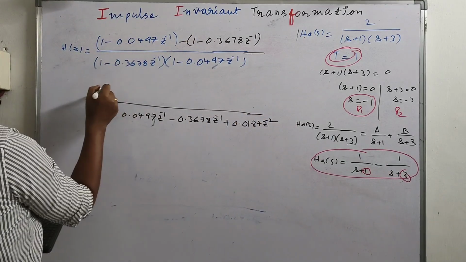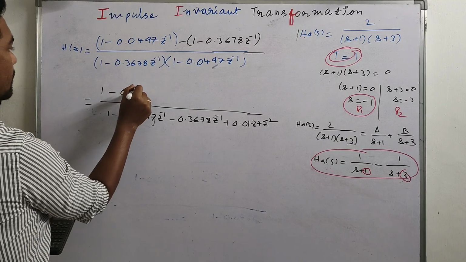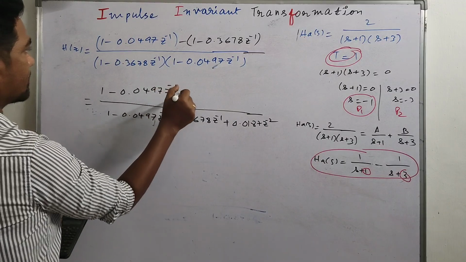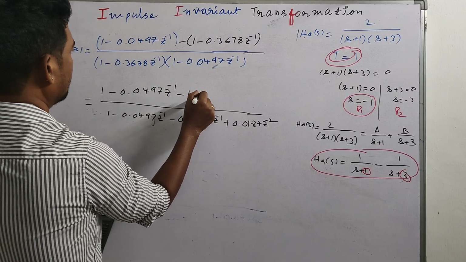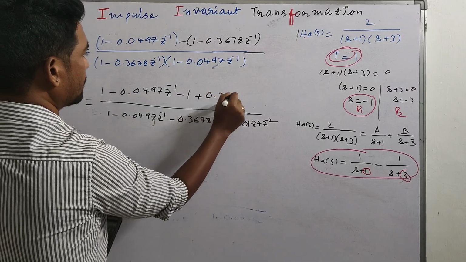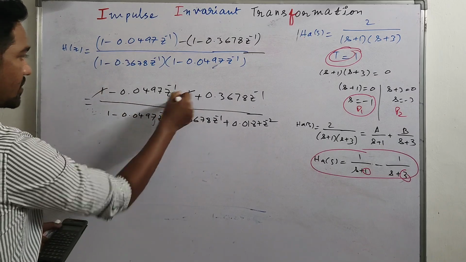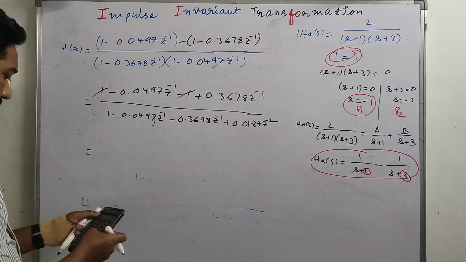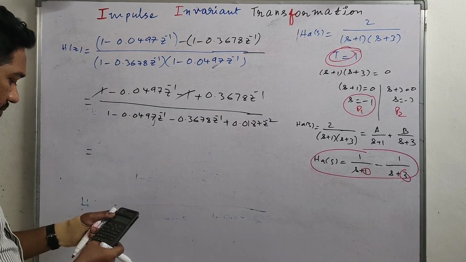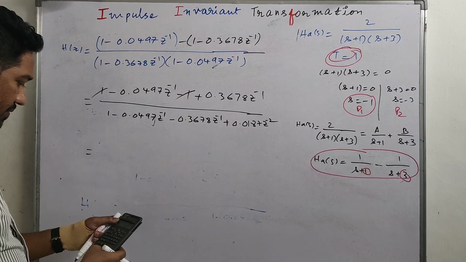And multiplying this one, 1 minus 0.0497 z raised to minus 1, minus into minus plus 0.3678 z raised to minus 1, and plus 1 minus 1 will be cancelled. What do we have? 0.3678 minus 0.0497,